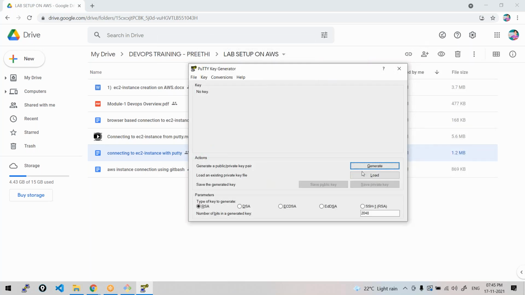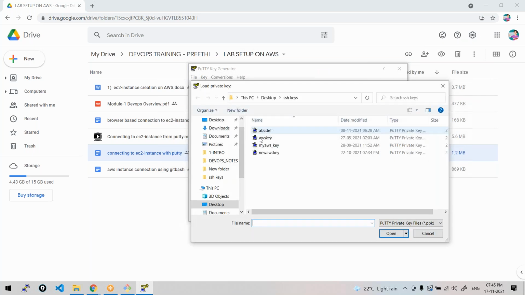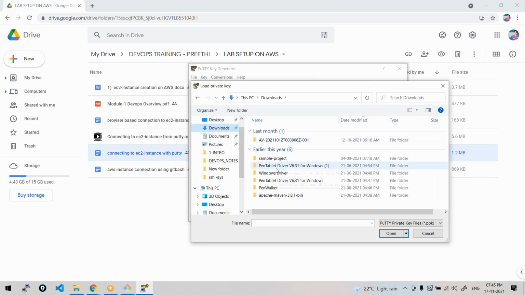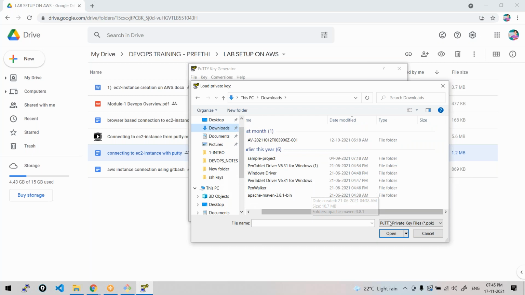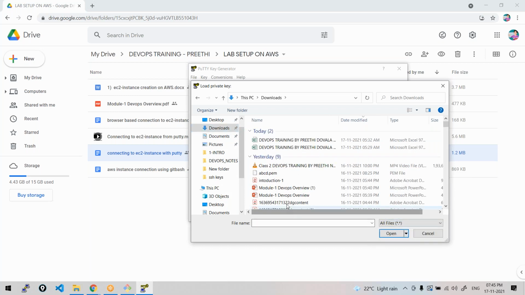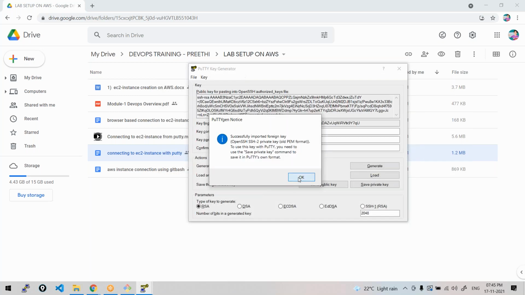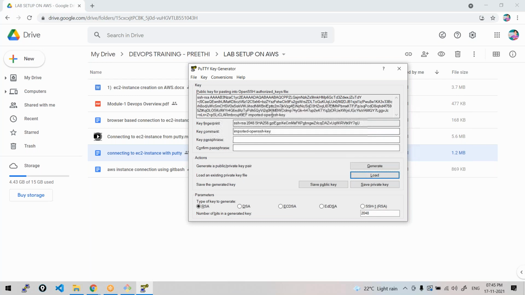Now come to PuTTyGen, load your PEM file here, whichever you want to convert into a PPK file. Here you should select all file types. Select the folder where you have the PEM file, all files, and select this .pem file. Once you load that, you will see your file is added, and then just click on save private key.